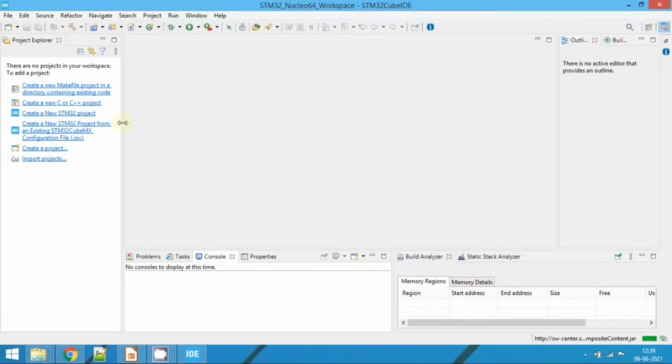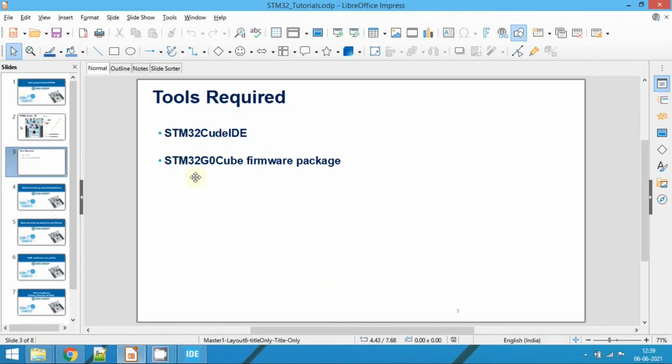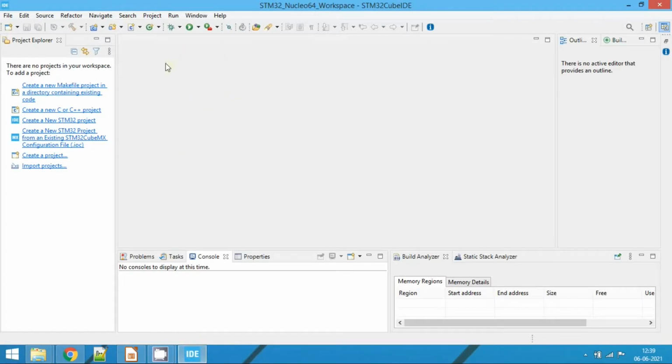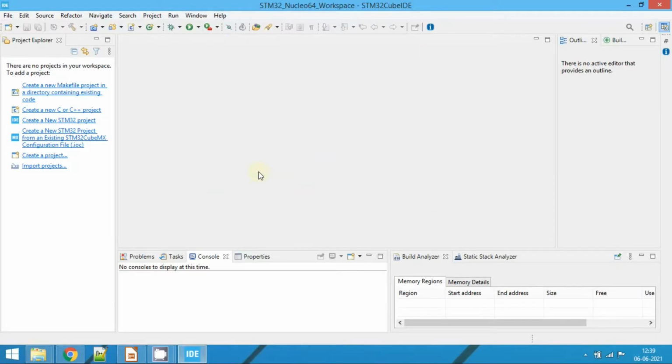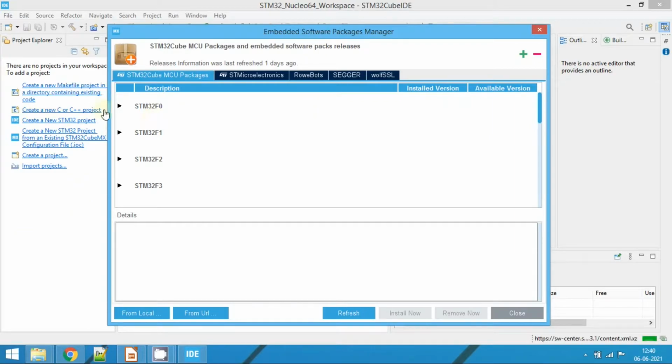Before we move on to create the project, we need to download the STM32G0 Cube firmware package. To download this, go to help and click on manage embedded software packages. Once it is open, make sure you have selected STM32Cube MCU packages, and here you can see the list of packages based on the series of microcontrollers.